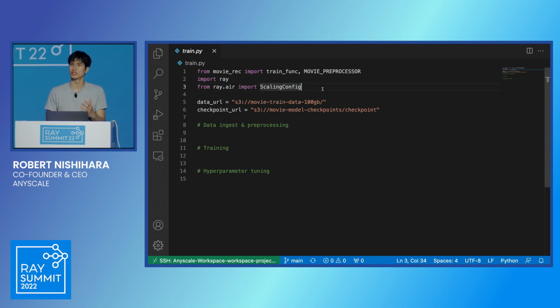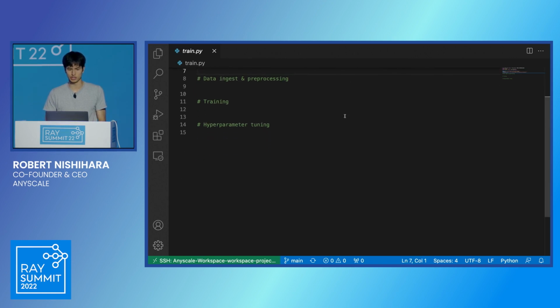So I have a few import statements. I'll explain them when I use them. And we have a few hard-coded URLs that we're going to use for fetching our data and checkpointing the model. Okay? So I'm going to scroll up a little bit just so we can focus on the actual meat of